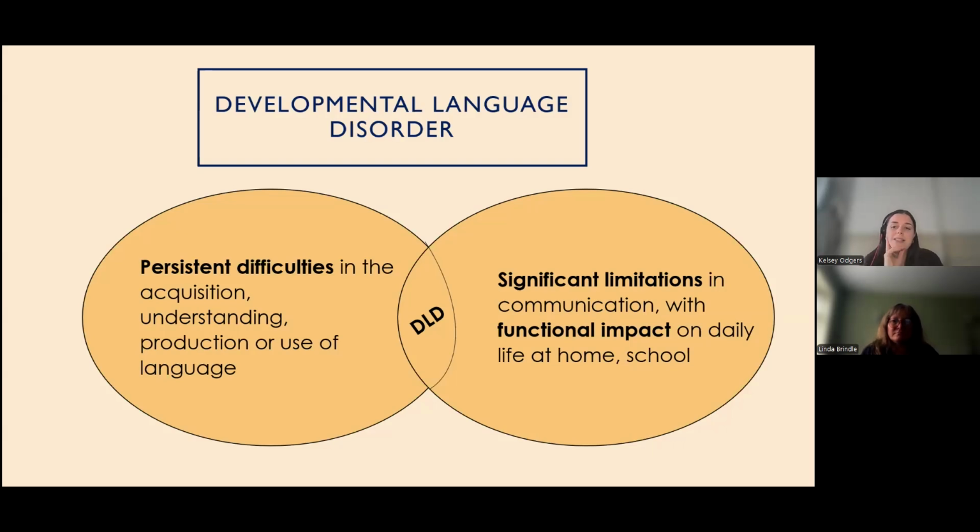It's often described as an invisible disability because it's not always obvious. Some of the most obvious difficulties might be with attention and listening, with processing, behavior, learning, friendships, and emotional well-being due to the impact it has. Characteristics include challenges with social communication, difficulties expressing thoughts, and understanding others' speech as well. Because of that, DLD can often be mistaken for other things and isn't always recognized as a language problem. So it's a really useful thing to be aware of and think about if your young person has challenges in any of those areas.